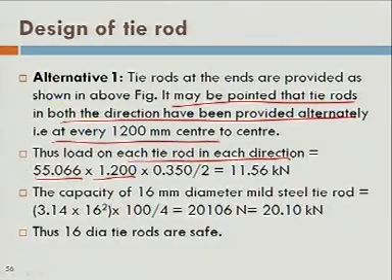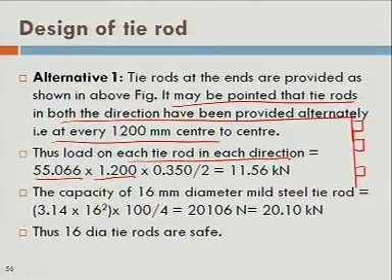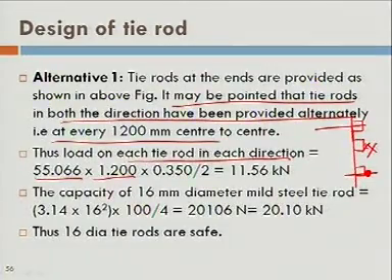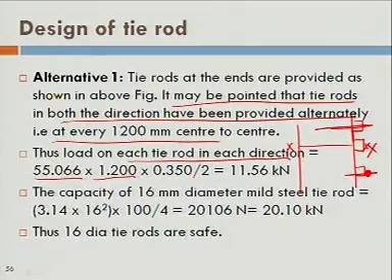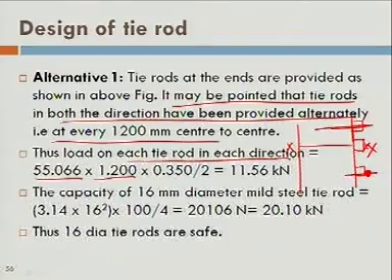Suppose that one yoke is here, one yoke is here, another yoke is here. So here I use this tie rod on one side, and then another I leave this and put the tie rod here on one side. For here the tie rod would be on this side. Do you understand this? This is the meaning of providing the tie rods in alternate positions.